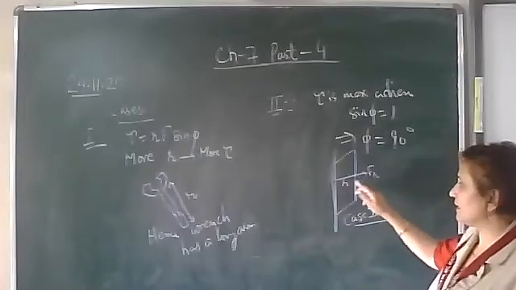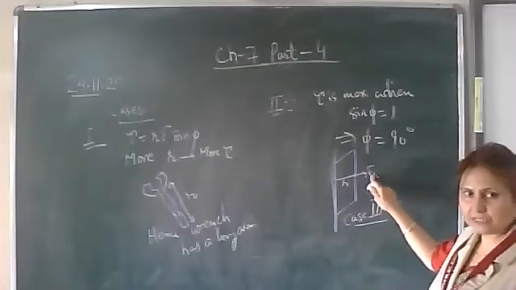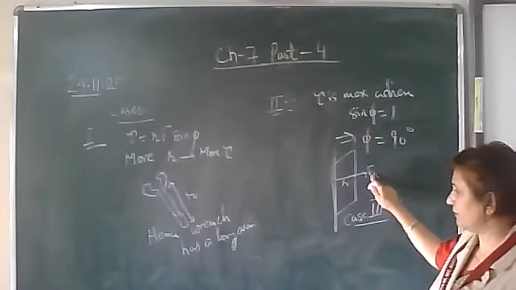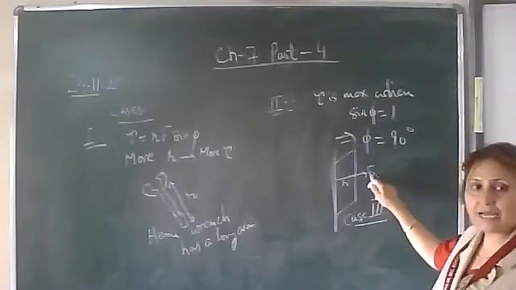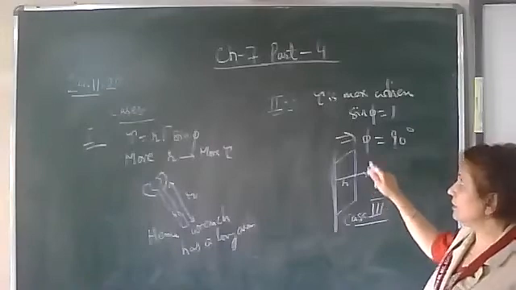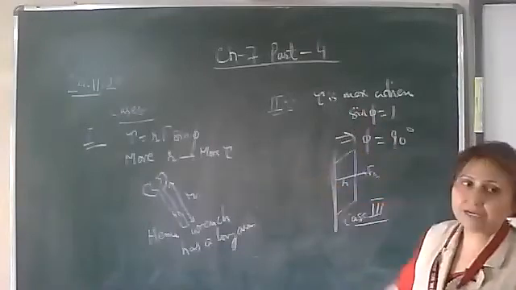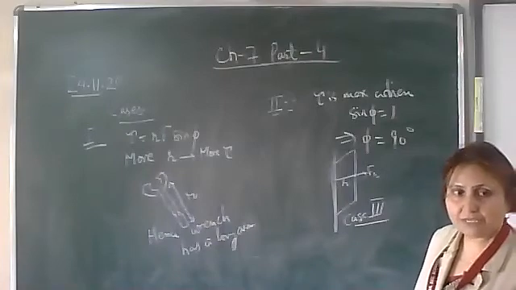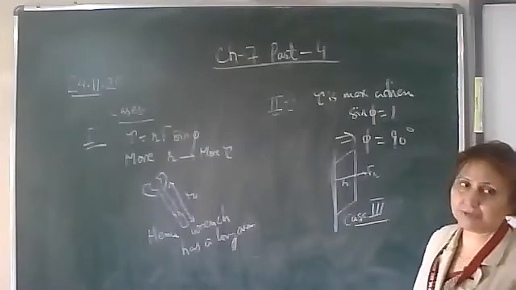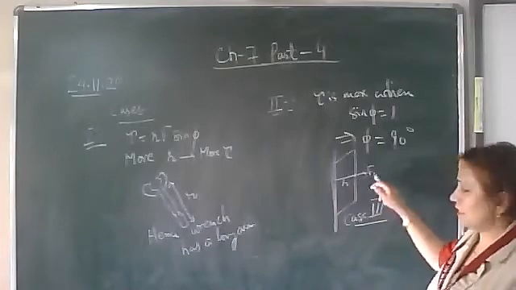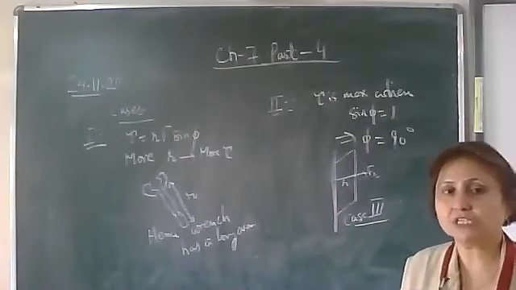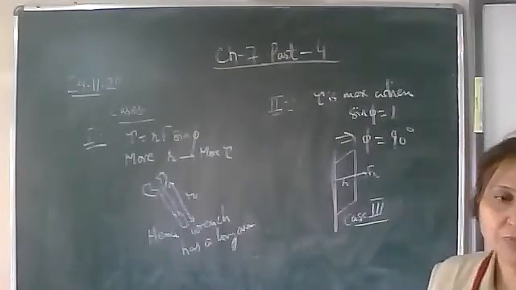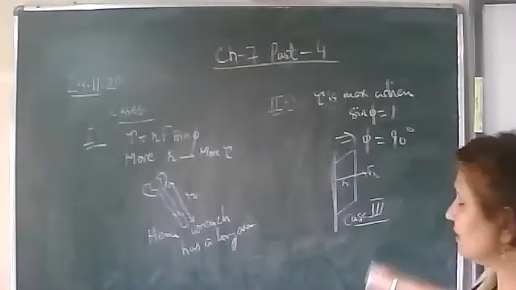So what is the angle between R and F_R? This component we call the radial component. So what is the angle between them? 0 degrees. And tau is equal to R into F into sine phi. That is, phi will be equal to 0 degrees, so tau will be equal to 0. So parallel to the plank of the door, if the force is applied, you won't be able to open or shut the door. So write the case 3.